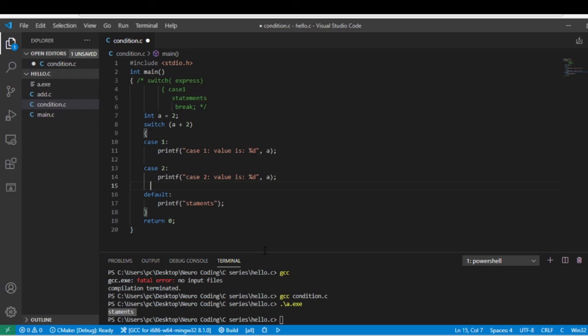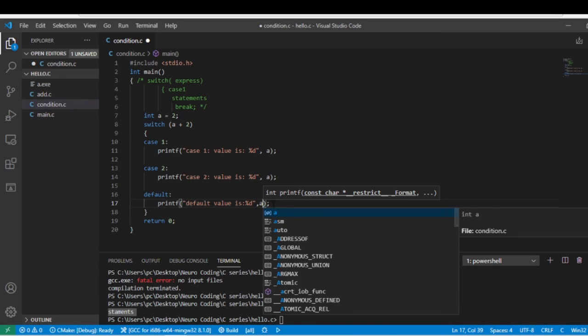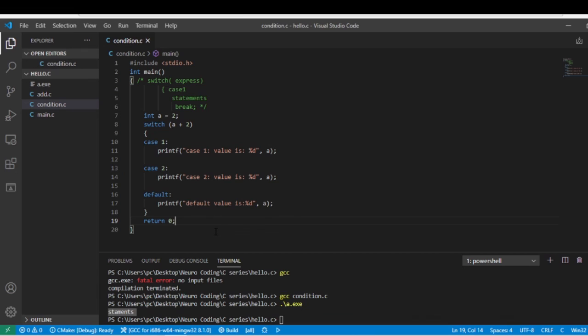See. And right here I write default value, default value is percentage %d, comma a, and save with Control S and run the file with ./a, press tab.